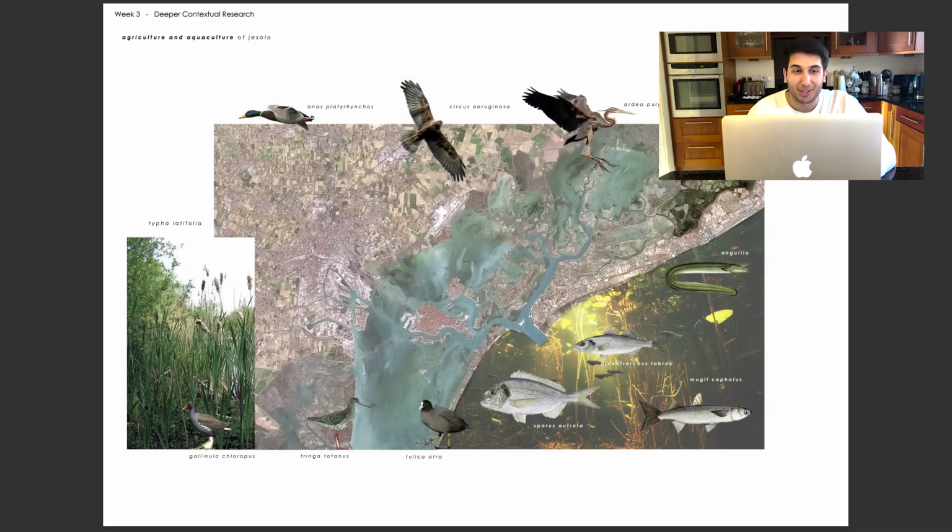Yeah, this collage I created of the agriculture and aquaculture of Jesolo. So the species on the land, on the water, what this means, and things that I would have to also be thinking of in the future as I'm creating my scheme. After the dissertation, at the end of the month, we'll be starting the project properly, the architectural project. And these are all things that I would have to be considering, and things that I want to be considering, because the scheme is not just for now and for the next 10 years.